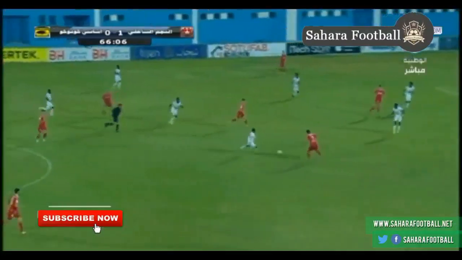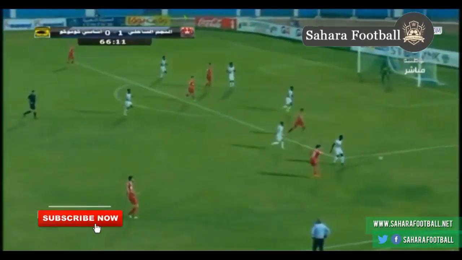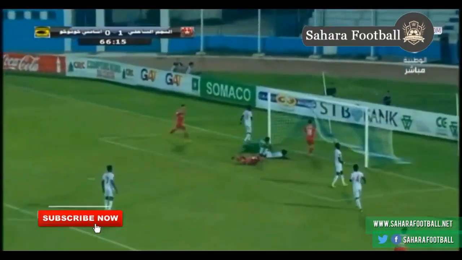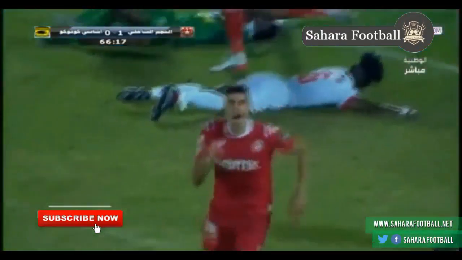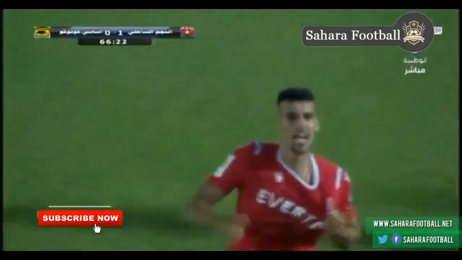This is the draw to determine who Kumasi Asante Kotoko will face in the playoff of the CAF Confederation Cup to decide whether they can make it into the group stages. We'll go have a look at the draw and see the opponents Kumasi Asante Kotoko will be facing in the